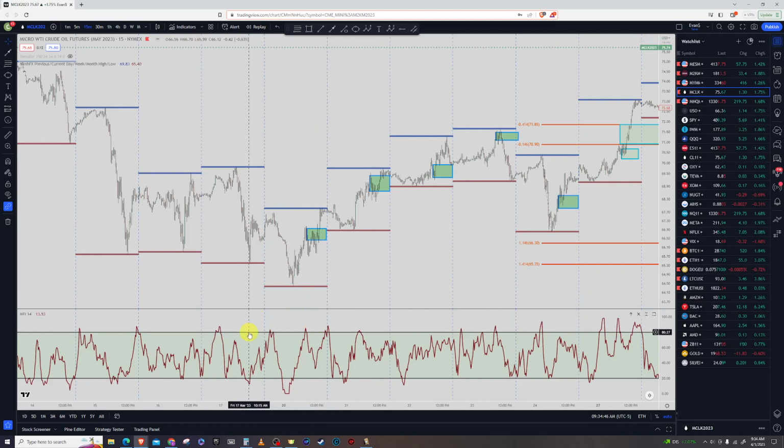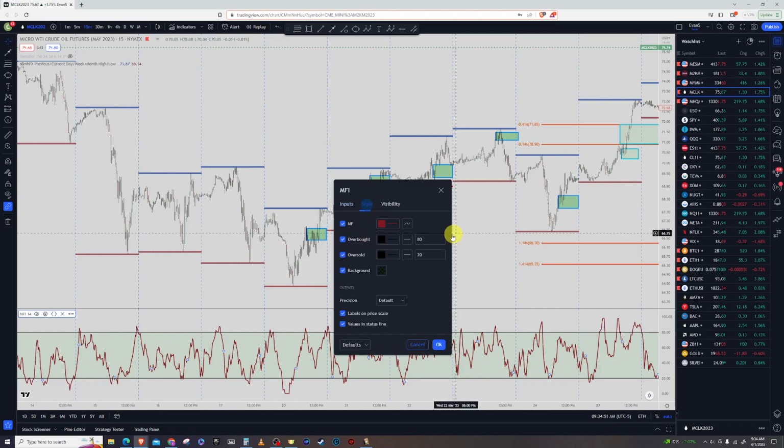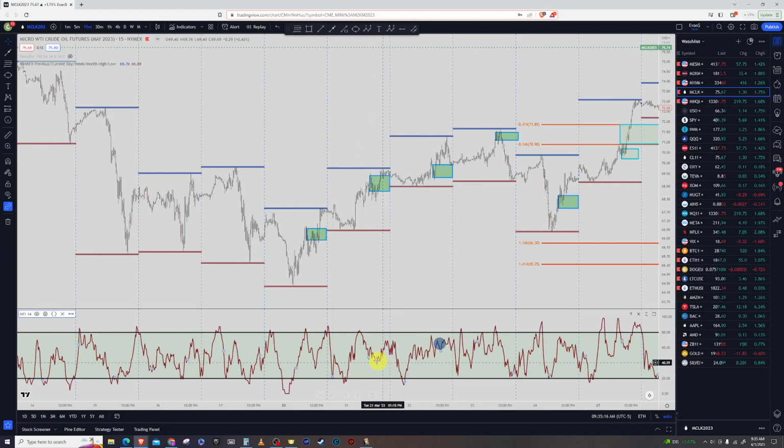So basically how I have it set up right here is the length. It just looks back the past 14 bars, and then the style for it, the line that just goes up is kind of like that reddish maroon color. And then the overbought oversold area, you can actually make these bars wider than they are, like that. So that may be a little bit easier to see. And you can also change up the colors, so when the red line goes over into it, and that's what I did for the background. Made the background slightly green, so it's easier to see when price broke out above the black line for it,